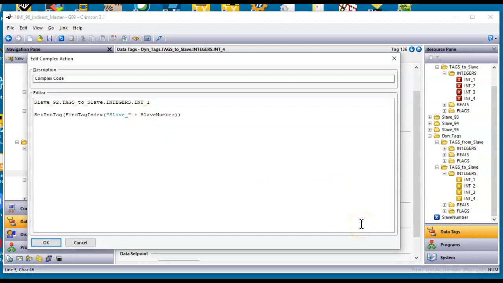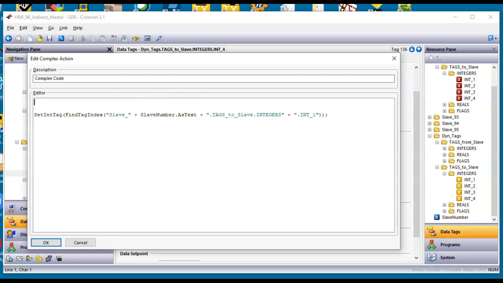But instead of it being a numeric, I need to make it as text, so it shows up as an ASCII string. So I'll do as text at the end of that. That's a dot, if you will, property. And then I'm going to do plus again. The rest of the equation is dot tags to slave. And I might even just do this all the way to right here. So I'll grab that whole thing, copy, paste that here, double quotations, plus, double quotations there, and the actual tag is int.1. So copy, paste, int.1, double quotations, go to the end here, do a semicolon,